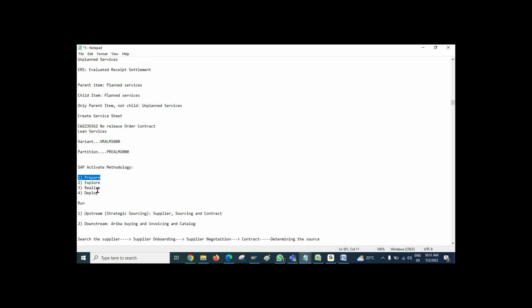Then we move to the explore phase, where we explore the client requirement. This is also the requirement gathering phase. Let's take a simple example. Say you are not much aware of Ariba, and you have experience with different tools or technologies. Now I ask about the requirement.